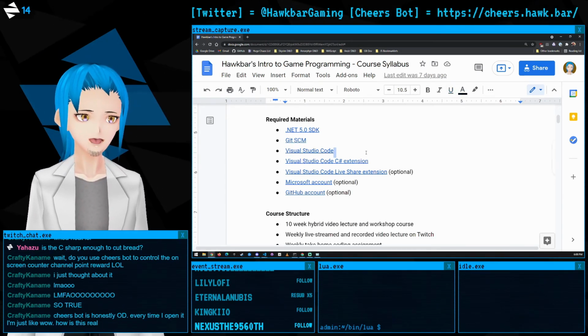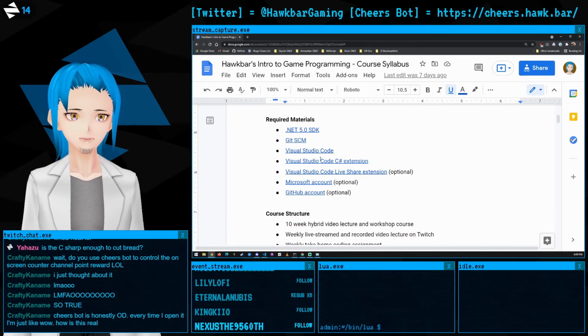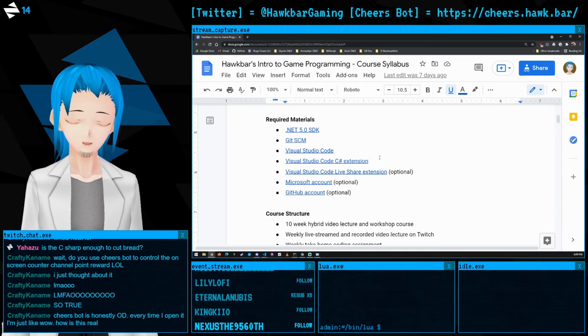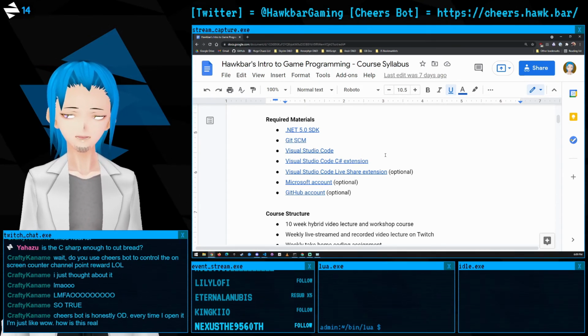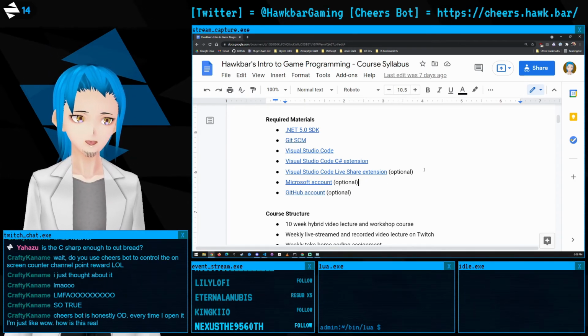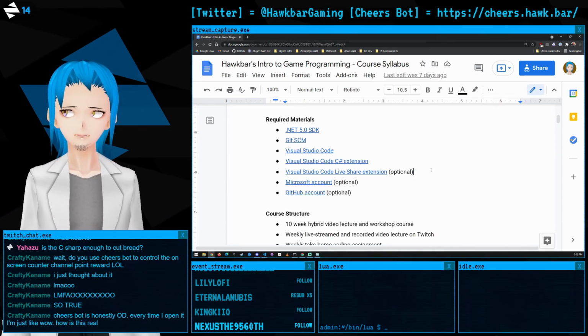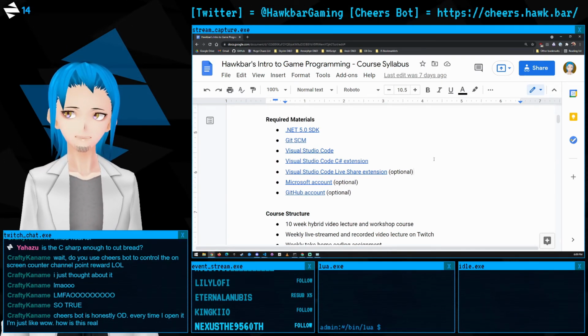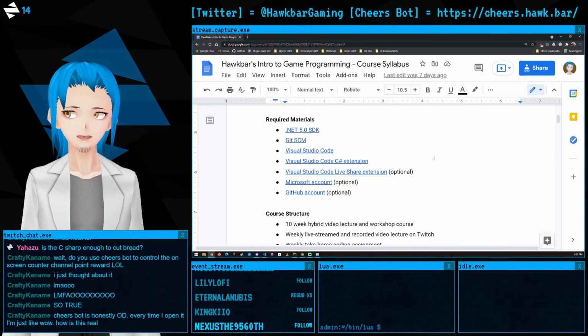And of course, installing Visual Studio Code, you will also need the C# extension for it, which adds support for writing C# code. Go figure. And then if you would like to make it easier to share your code with your classmates or with me or anyone else, or you're looking to share your code with